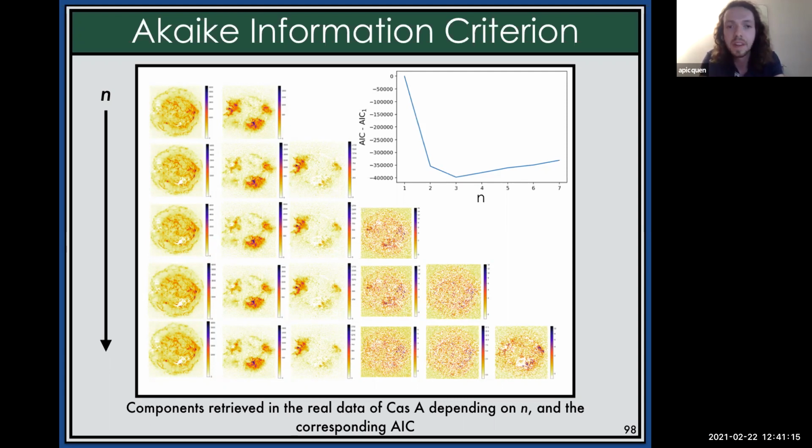And on the right we can see the Akaike information criterion, and the idea is to see which n is the most accurate. But this method is not perfect because the algorithm is using a sparse regularization criterion that makes the Akaike information not perfectly accurate. And also there may be some physically significant components that are not statistically significant. Still, this is an idea for automating the choosing process. But for now, the best solution is still to do it with the naked eye, just do a lot of runs. And as each run is like 1 minute long, it's not a problem. What are you looking for, though?